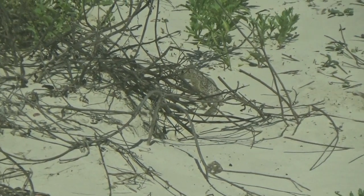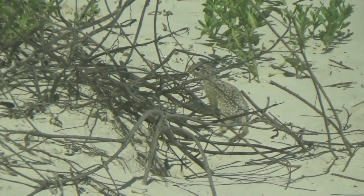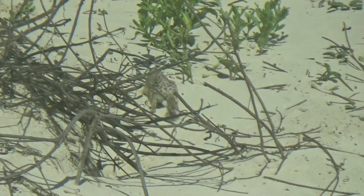Some of them are almost translucent, just see-through. But we've seen some that were teeny tiny. We've seen some that are pretty decent size. Others are dark, a slate gray kind of. I've seen a white lizard. Haven't gotten a picture of him yet. Saw a prairie dog this morning. Was really surprised at that. And I'm going to get pictures of